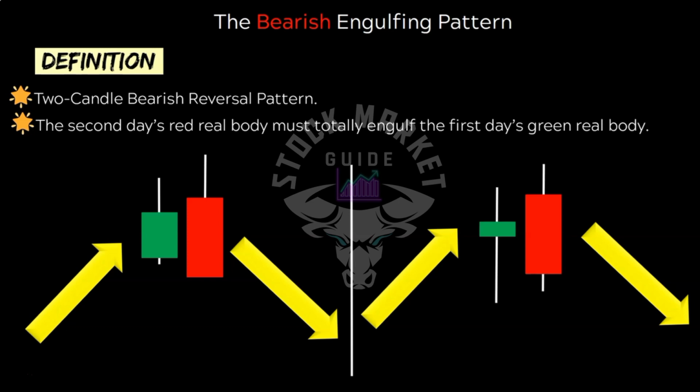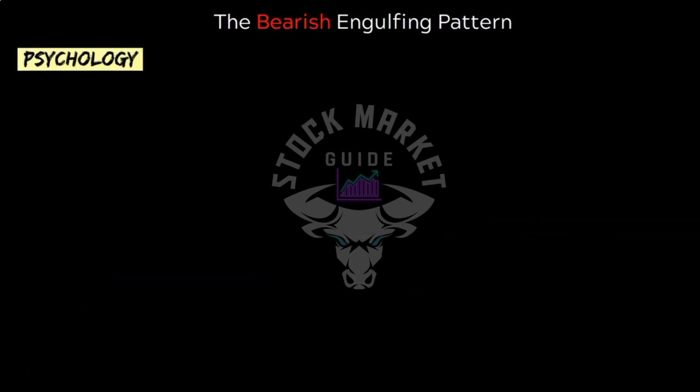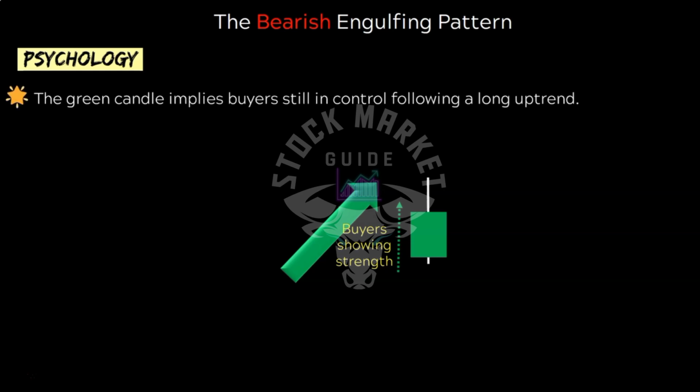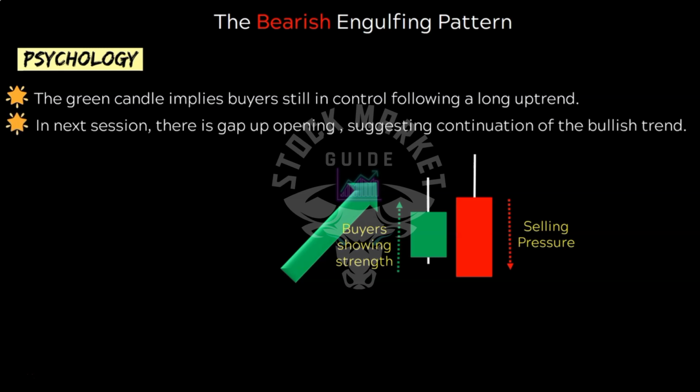Let's understand the psychology behind the formation and reversal after the bearish engulfing pattern. Now friends, just imagine the stock is in a continuous uptrend. There is exuberance in the market which results in the formation of a green candle, implying the complete control of the bulls. Due to this continuing uptrend, the market opens above the high of the green candle next day, indicating the complete grip of bullish forces. But now the smart money or big players enter the market and they start booking their